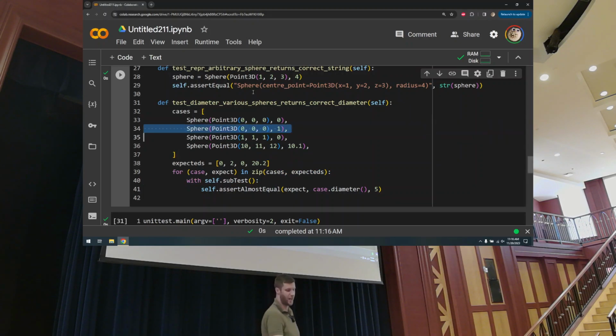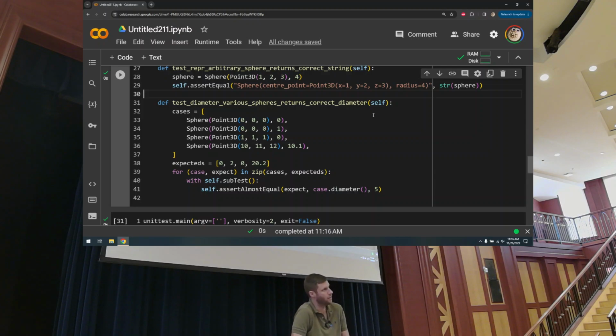So here's what I've done, is I've created a list with 1, 2, 3, 4 cases in it. More or less the cases I was showing you before. I think here I added, instead of 10, I made it 10.1 for the diameter, the last test, just for fun. So instead of having 4 different tests, I made a list with the 4 different cases in it. Now, mind you, the fact that this is called cases is arbitrary. I just called it cases because I liked it. Test case, right? And I have another list, expecteds,